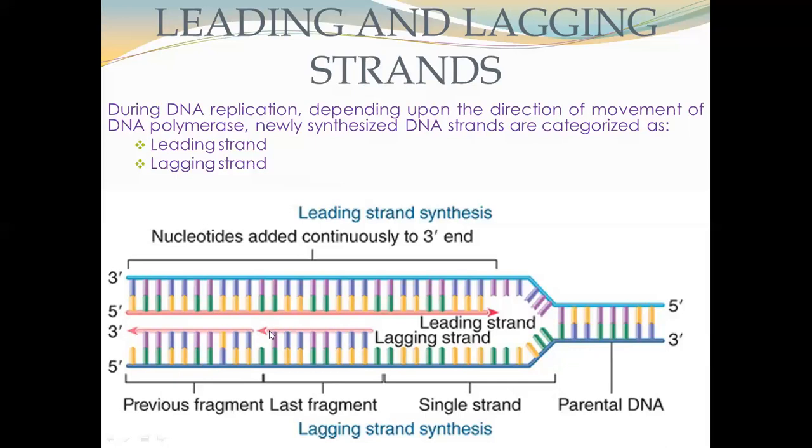So in this case, short fragments of DNA are synthesized from the 5' towards the 3' end. When this fragment is synthesized, the DNA polymerase jumps from here to this position, and then from here to here the next fragment is synthesized. This is a previously synthesized DNA fragment, and this is the last fragment which was synthesized. These fragments are then joined together by the action of DNA ligase. So this is the lagging strand.